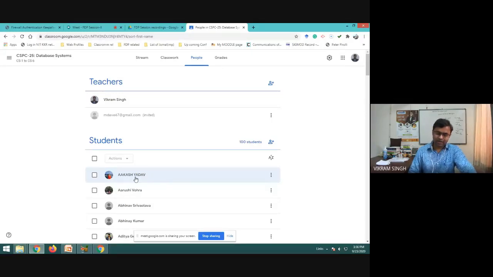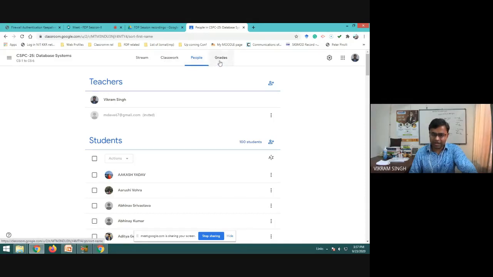So we can directly request the student to change the information in their Google profile account. There you can modify it like Akash Yadav _11, something, the roll number. With that we can know that this student has this roll number. That's the only way out.